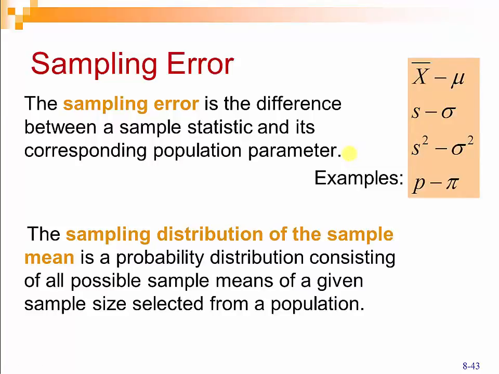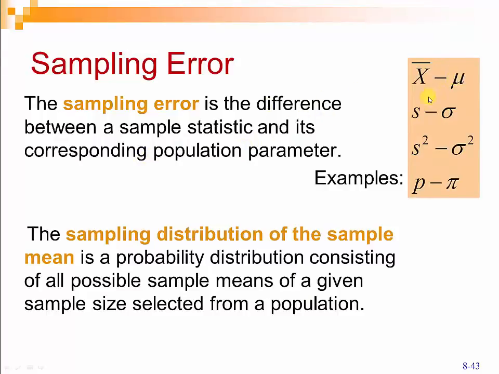Well, if we had the population and we had all of the students, then we could calculate the population mean, or the mu. The other thing we could do is just take a representative sample of the population. So let's say that there are 100 students in the healthcare administration program,